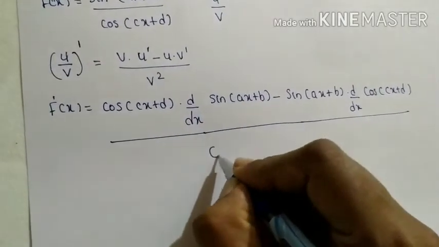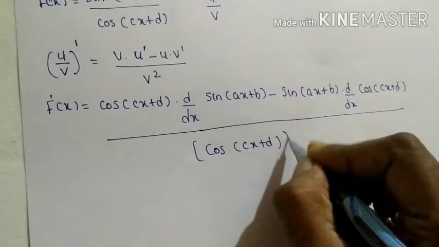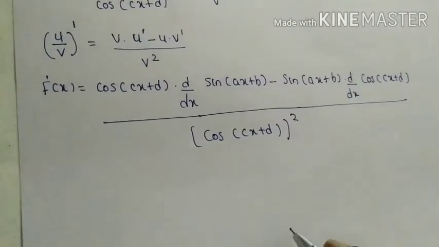So write cos of cx plus d whole square here,